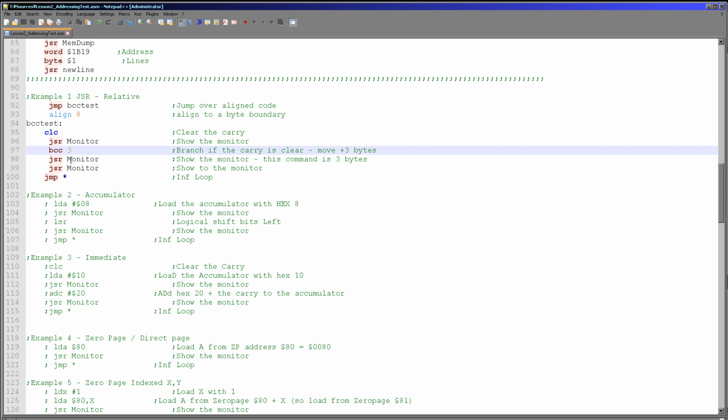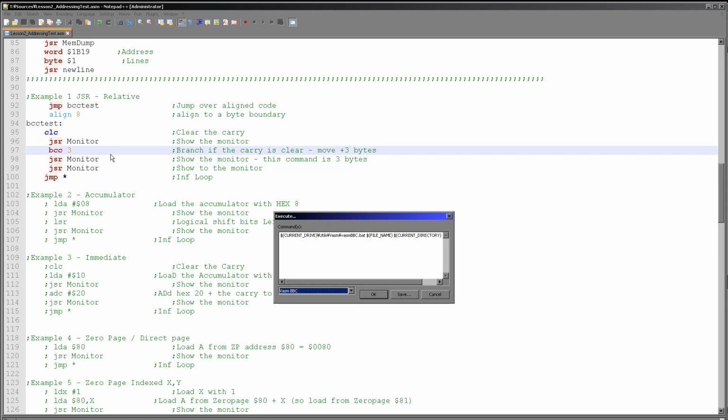Now, the 6502 has a register called the program counter, which is the actual running command. And when we add 3 to that, which is our relative adjustment of 3, we are skipping the next 3 commands. Well, this JSR monitor, the JSR command is 1 byte and the monitor address is 2 bytes. So we are skipping the 3 bytes of this monitor, effectively ending up here. So if we just run that,